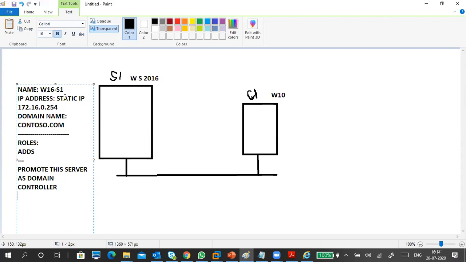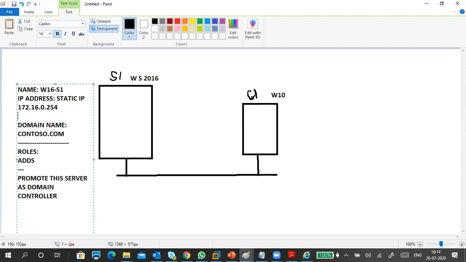One more thing I forgot. This is my IP address and my DNS address is also there, right? The DNS address and my server address are the same because in this server only we are going to install everything. So this is the wizard. We have to follow the wizard, then you will be able to do it.